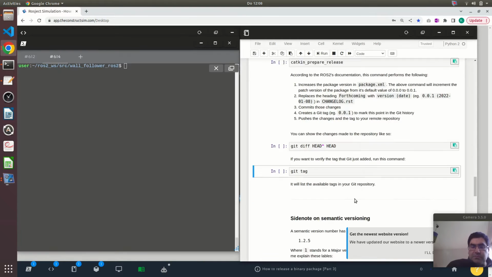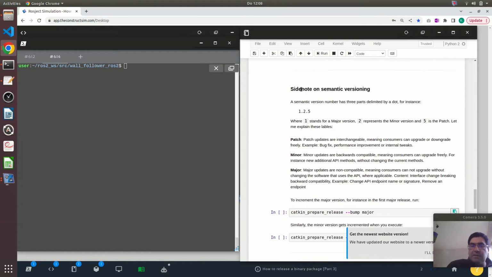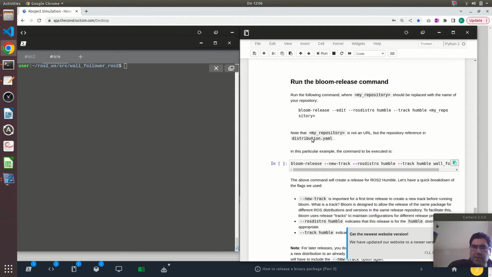Great, let's move on. Here I have included some notes about semantic versioning, but we will not go into this in this video. So now let's run the Bloom release command. What is the structure of this command? Basically, the command is called bloom-release, and we will use this new track option here